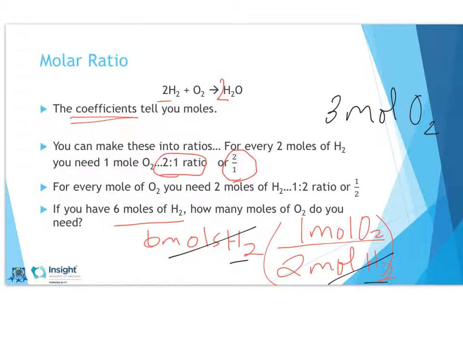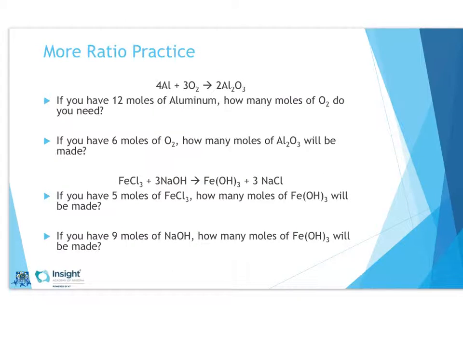But as we get further into stoichiometry and you get numbers that don't evenly divide, setting it up like this is going to make it much simpler for you. So a little bit more practice with that. Say we have 12 moles of aluminum, how many moles of oxygen do you need? So I have